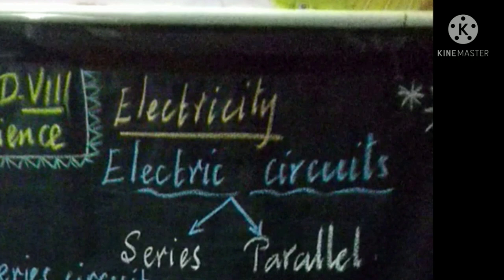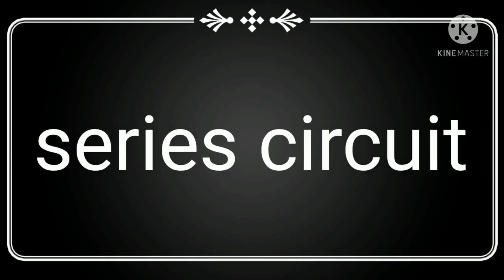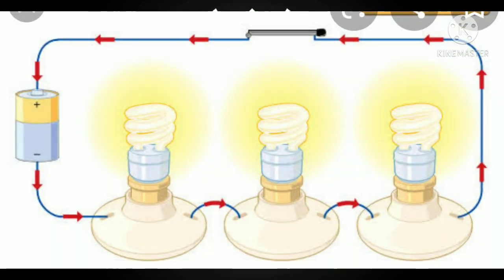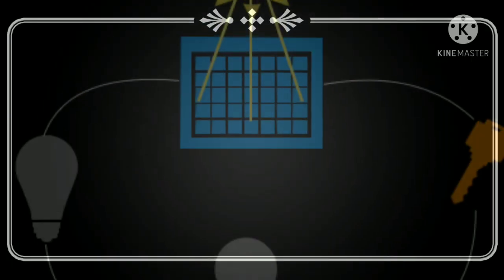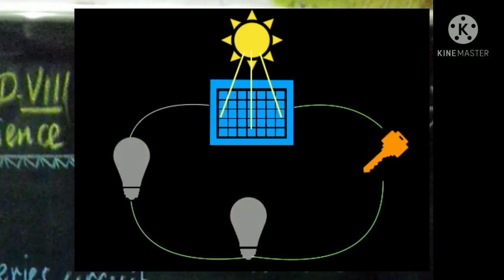They are series and parallel circuits. At first, we start with the series circuit. A series circuit is one that has more than one resistor, that are bulbs, but only one path through which the electrons can travel. From one end of the battery, the electrons move along one path with no branches through the resistors to the other end of the cell.